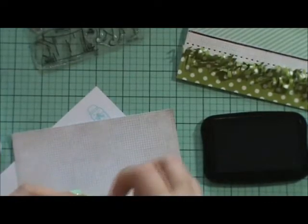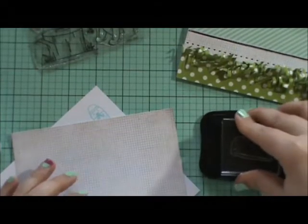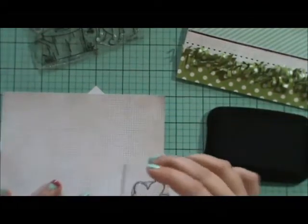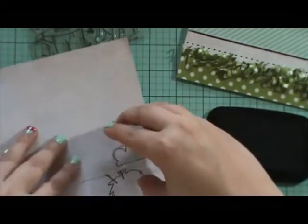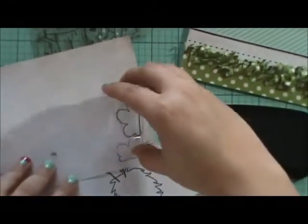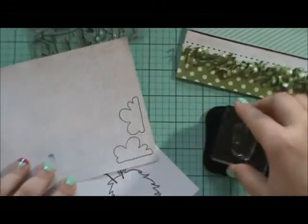On this design paper here. And I think I want 3 clouds. I'm going to layer them on top of each other. So I'm just going to ink up 3 of them. 1, 2,